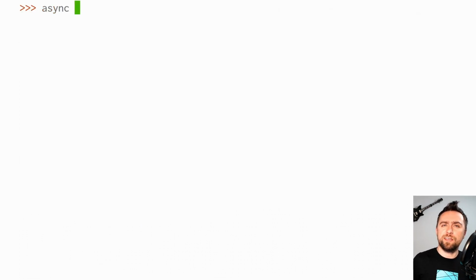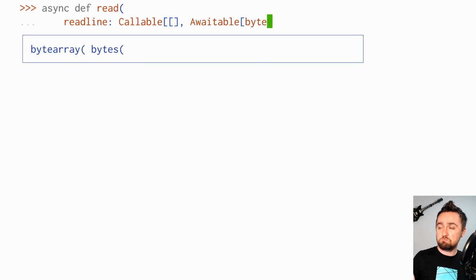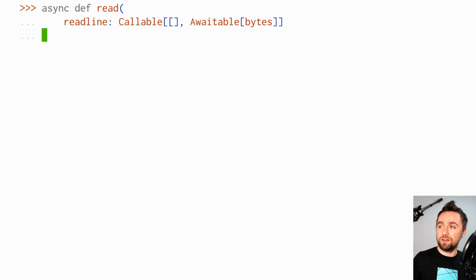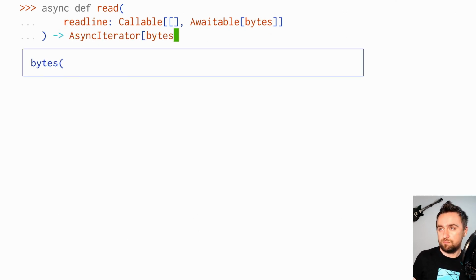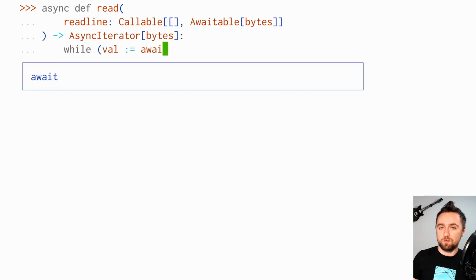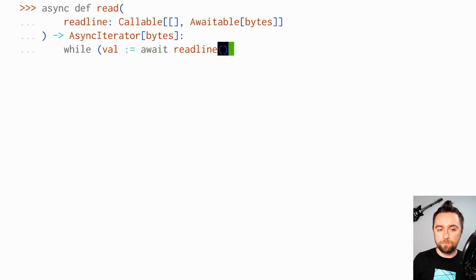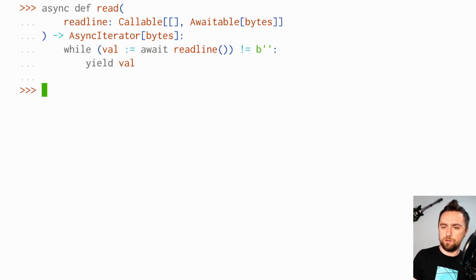Remember our reader async iterator? We could more easily define it in generator form. So an async generator will be what we'll be using exactly. So let's call it read, which is a verb, perfect for a function name, an async function to be exact. We also want to use awaits inside. And now, read, as you can see in the signature, takes a single argument, another async function, readline, and